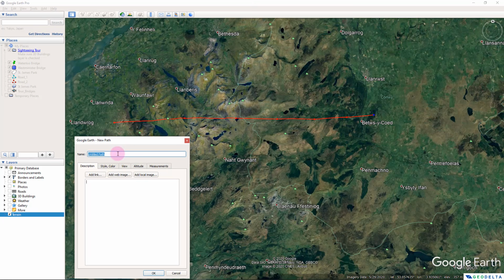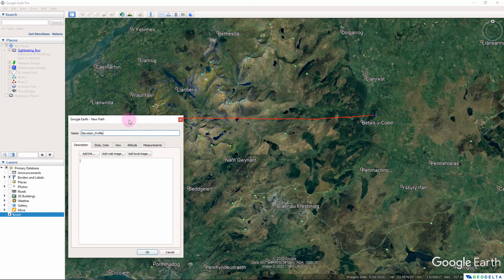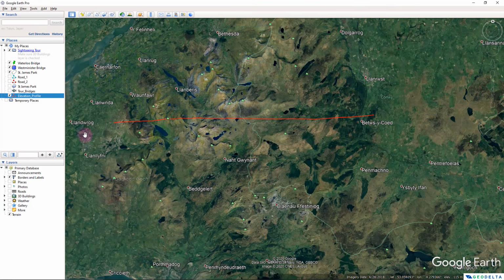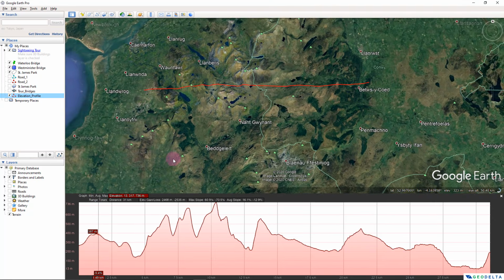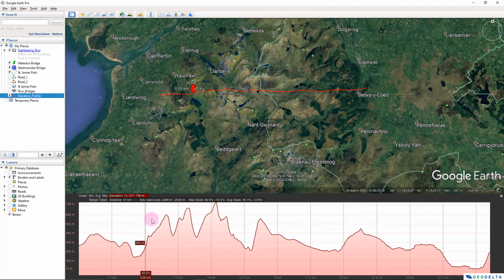And let's assume that I would like to obtain the elevation profile across this path. So I'm going to rename this one to be, let's say, elevation profile. And once you have created that, you can right click over here and you can select show elevation profile. And as soon as you do that, if you happen to move your mouse pointer over here in this graph, you can see that simultaneously a red color arrow moves across the line stretch that we just drew using